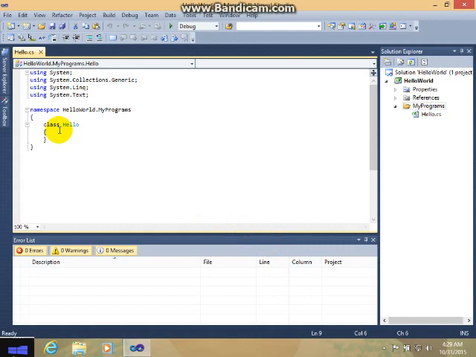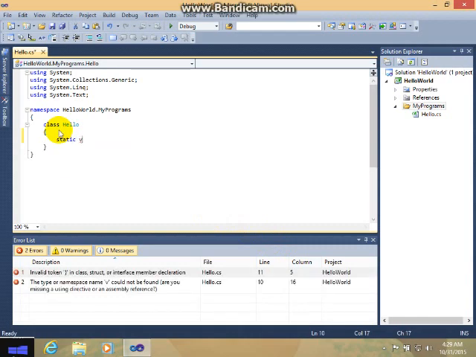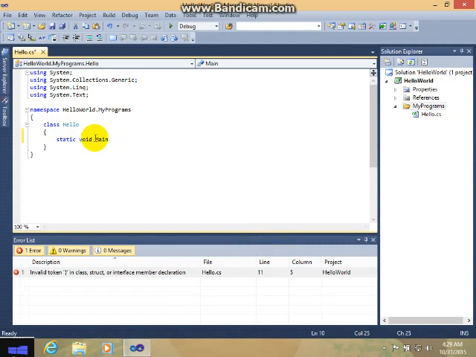Now, just enter a method. This method is called void. Just follow what I type in: Main. Make sure the letter M in Main is uppercase, capitalized.